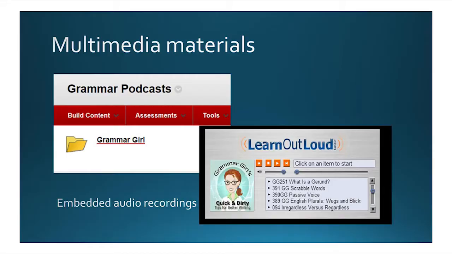So again, audio is embedded also. This is a link from the web. And on the left, again, I'm selecting very specific grammar topics. I was able to pull out files from the podcast and embed that into the course site. Okay, so it took me a while to set up all of the grammar materials, and I wanted students to